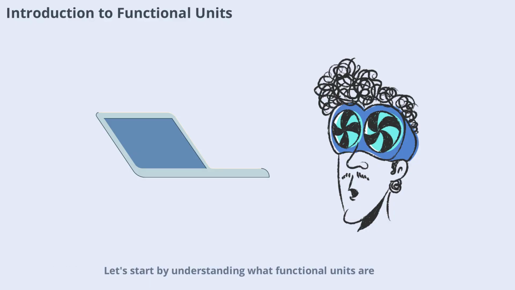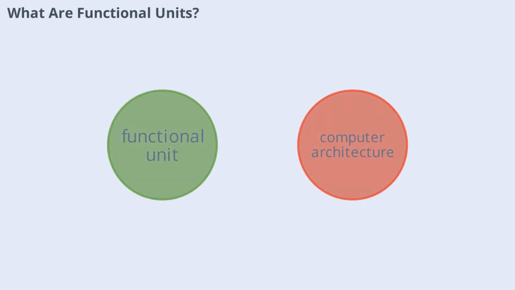Let's start by understanding what functional units are and why they're so crucial in computer architecture. Functional units are the distinct blocks within a digital computer that carry out specific tasks. Think of them as specialized departments in a company, each with its own role. These units work together seamlessly to execute instructions, process data, and manage communication. By dividing responsibilities, computers achieve efficiency, speed, and reliability. In the next scenes, we'll look at each major functional unit, starting with the heart of the system, the Central